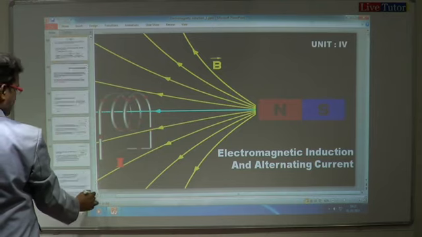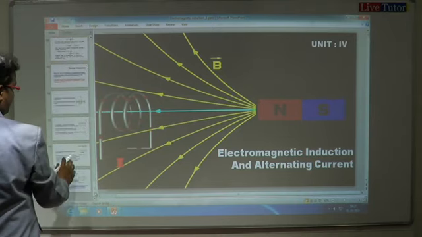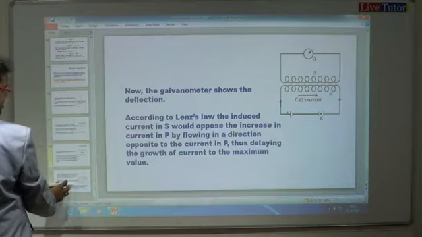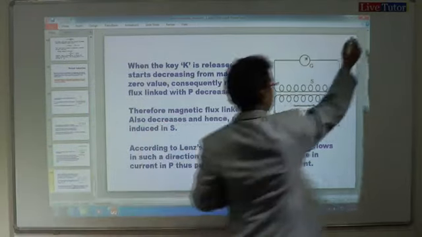In both the cases, you understand that it is always opposing the growth of the current. So this is what it explains. Now we'll see